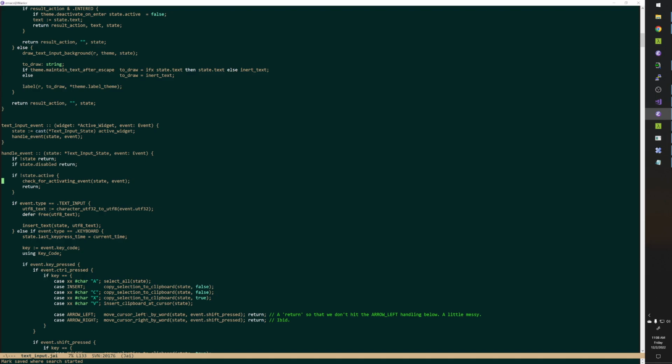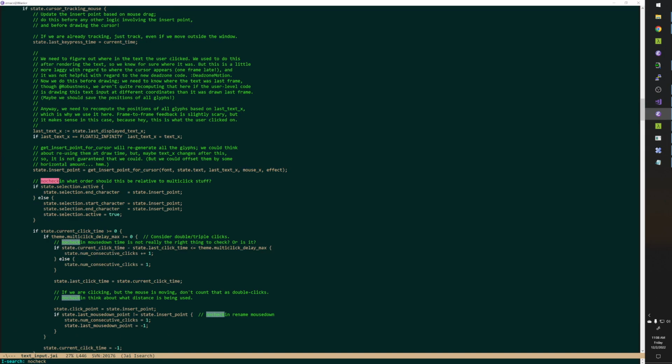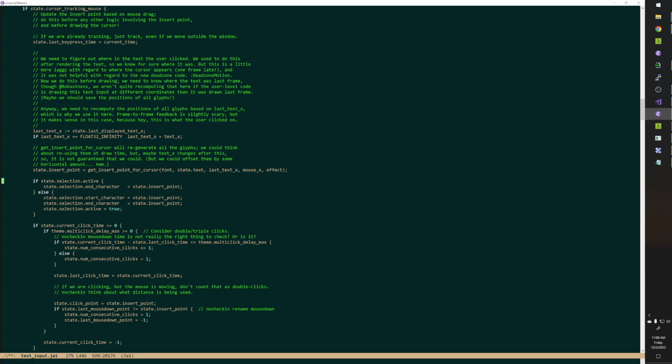is literally just never getting called. Because that's getting dispatched by something that isn't dispatching it. That's my theory about this. It's never getting called till after the first activate. So we're going to have to debug that. Okay, what order should this be relative to multi-click stuff? I think this is fine. This is about